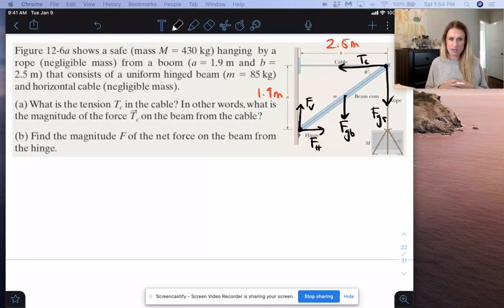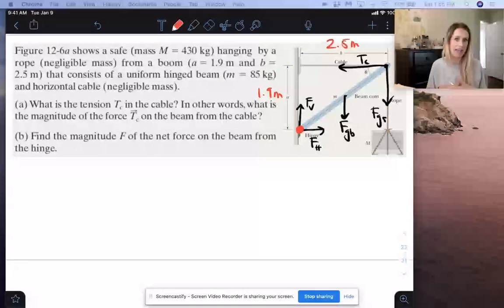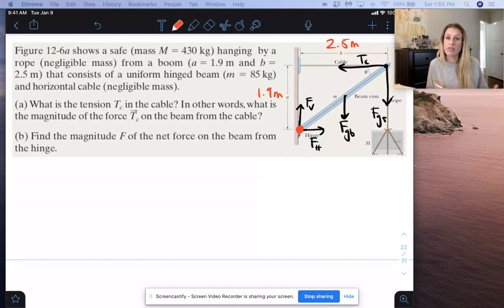So if we use that the net torque is equal to 0 and we put our axis of rotation at that hinge right there, because those two forces are at the axis of rotation, they're not going to provide any torque on the beam because that moment arm is 0, because R equals 0 when you're at the actual axis of rotation. Remember, R in that torque equation is equal to the distance from the axis of rotation to where the force is acting. So here, R equals 0 for both FV and FH. So therefore, I don't need to know what those things are. Okay, so for part A,